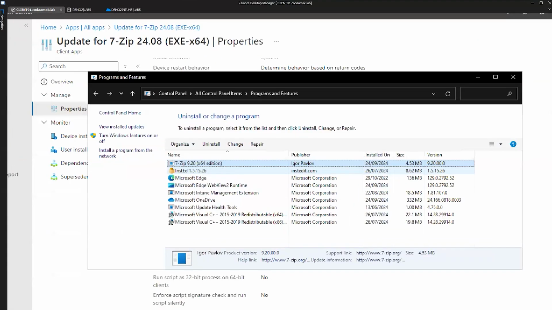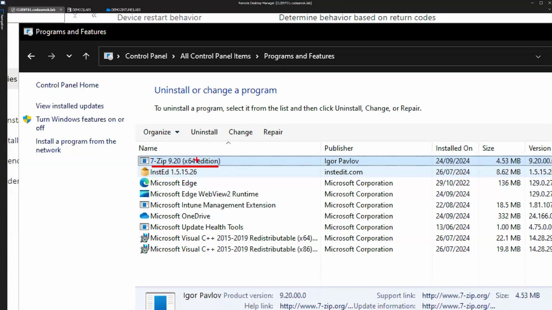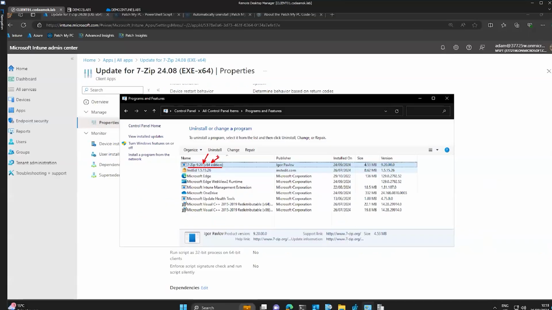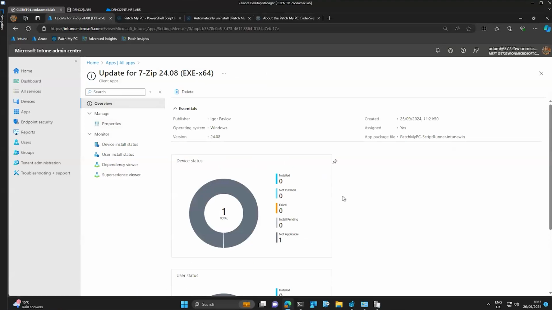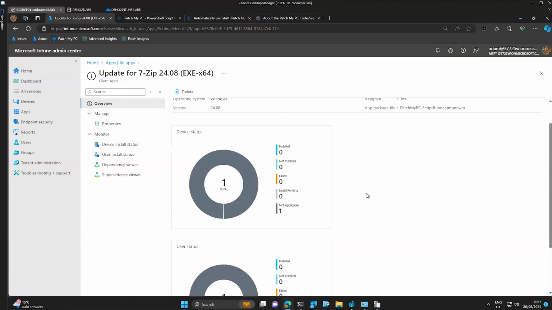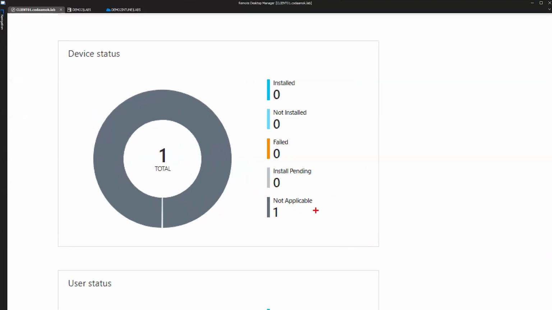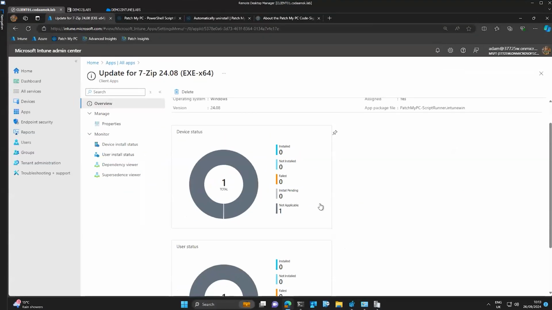I do, in fact, have 7-zip installed, and it is an old version, and it is 64-bit. But why is it returning essentially not applicable in Intune? Because that's what happens when you go to the overview page or blade, whatever you want to call it. My device is showing not applicable. The confusion here, and I wish we did a better job on this, is that